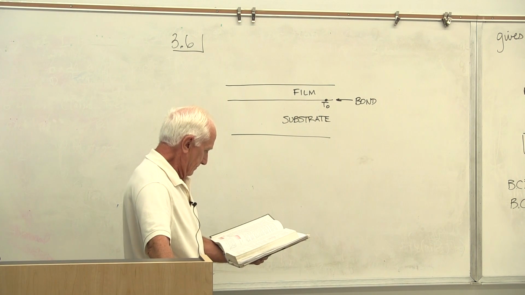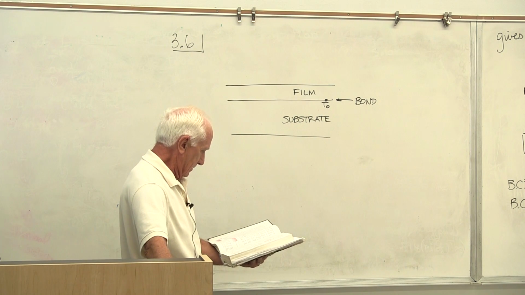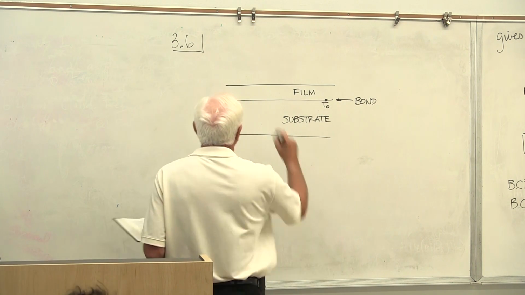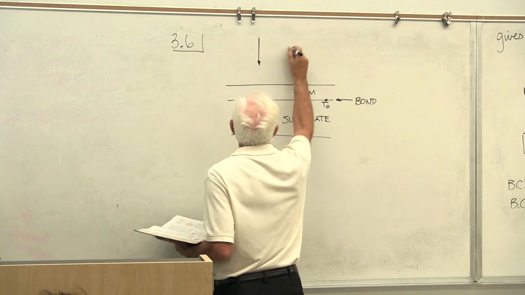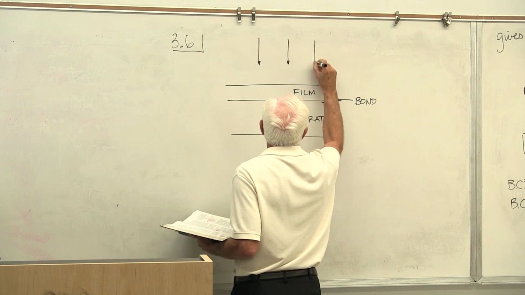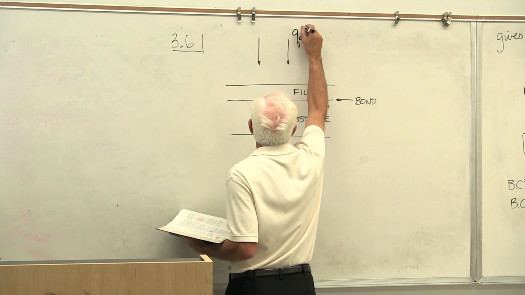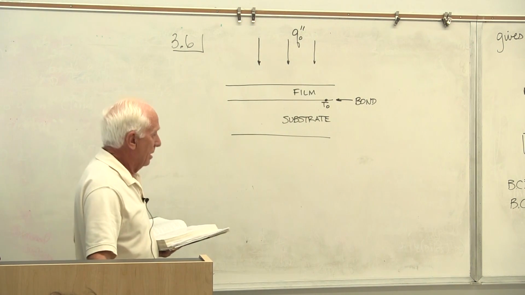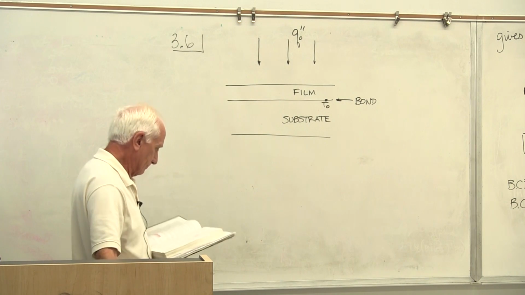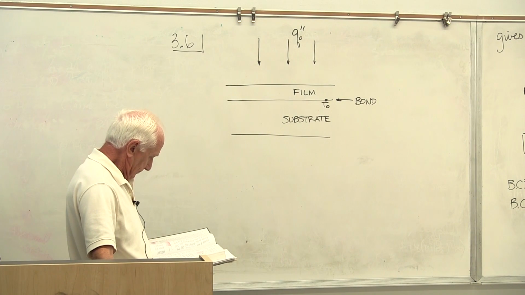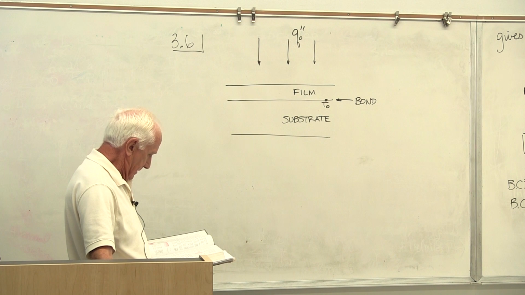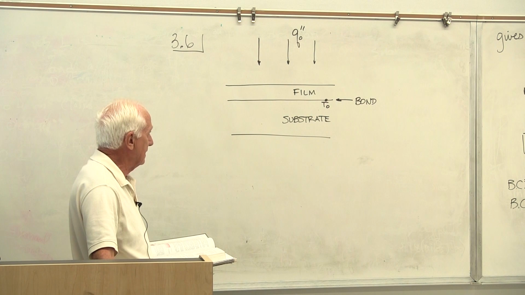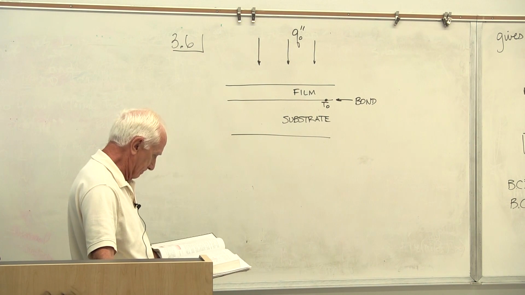To cure the bond, a radiant heat source is used, providing a heat flux Q naught double prime. So you provide some radiant heat source up here, Q naught double prime. We're not given any areas, so everything's double prime heat flux. All the radiant heat is absorbed at the bond surface.